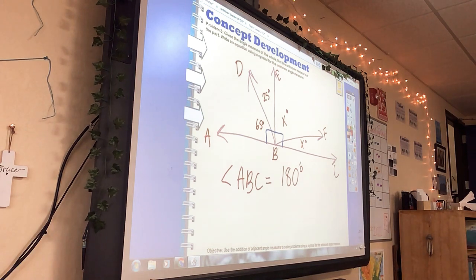Okay, let's write down what we know. We already got ABC. What about A, B, and D? So you can write angle A, B. You know the different angles. Okay, what's next? Remember this, the point has to go in the middle. ABC is 180, and all we need to figure out is